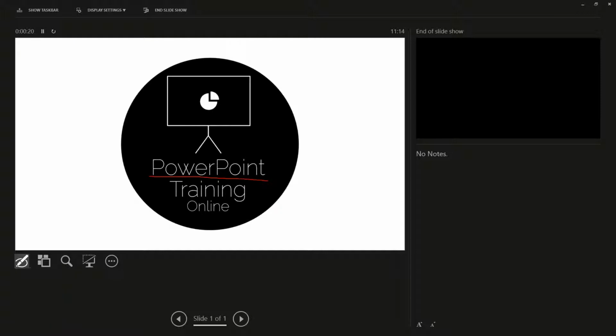So in order to turn presenter view on, all you've got to do is on the ribbon go to Slide Show, and down the end under Monitors you will see Use Presenter View. Make sure that is ticked, and I'm going to show you now what the presenter view looks like so you can get a better idea. If I press F5, you'll see